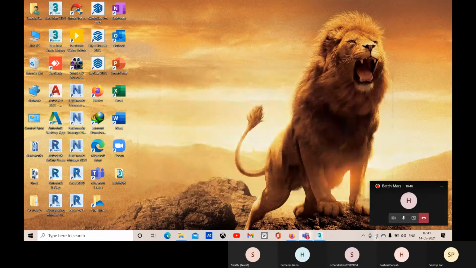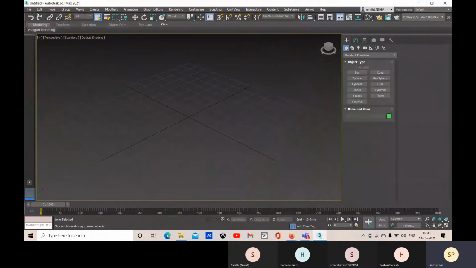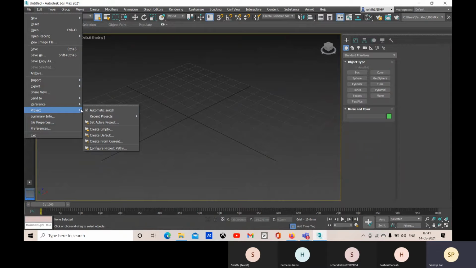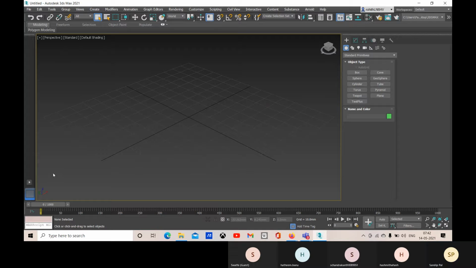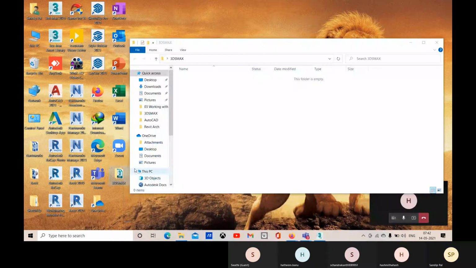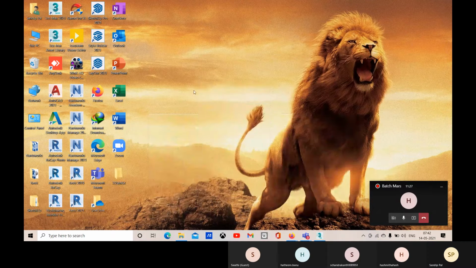Okay, and now let me come back here, and now let's go to this project. Okay, and here you can go to this configure project paths. All right, so here this is the project folder. Let's click on OK. Now let me come back here. I think this is going to be created. Okay, just a second.